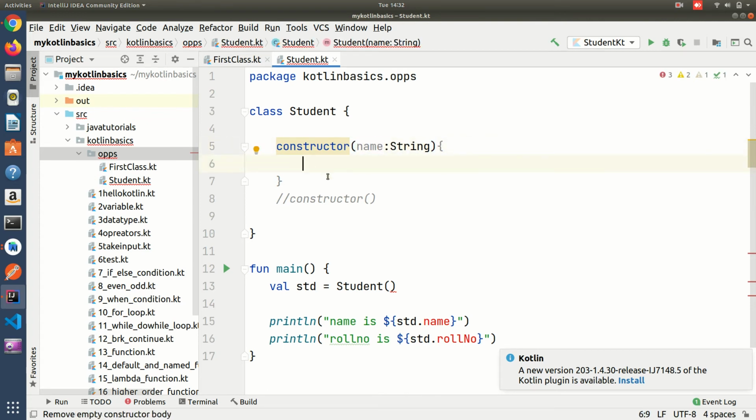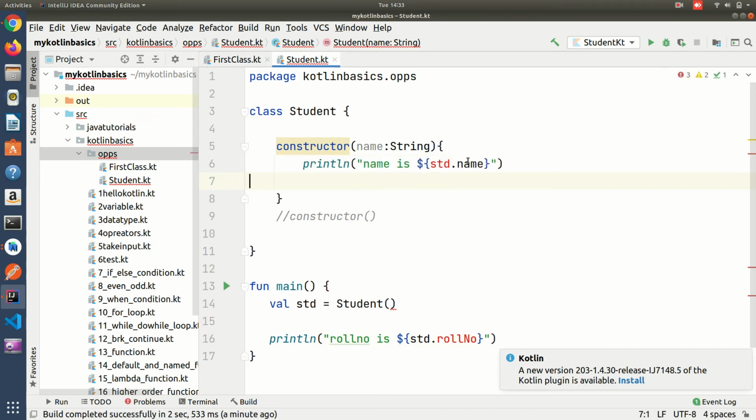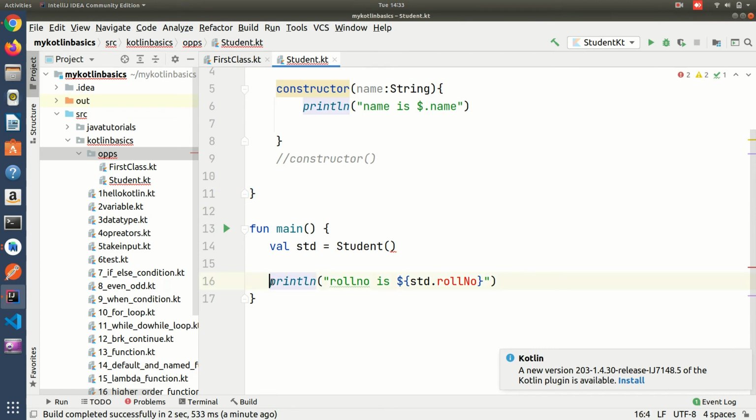Now here I am going to print this directly, this is not required. Let me run and check what output is coming here.